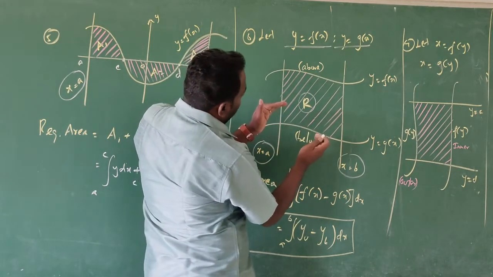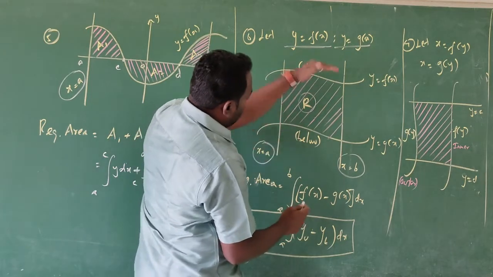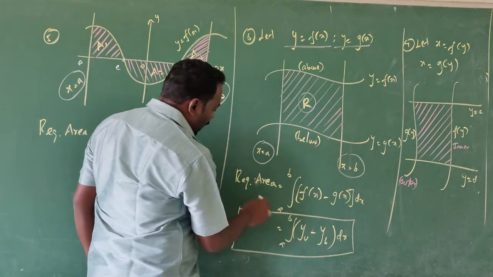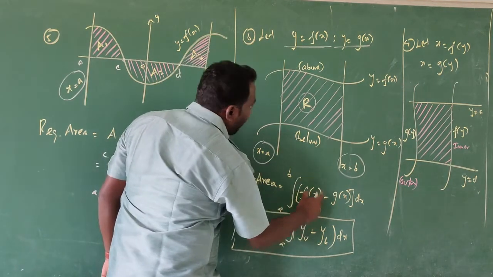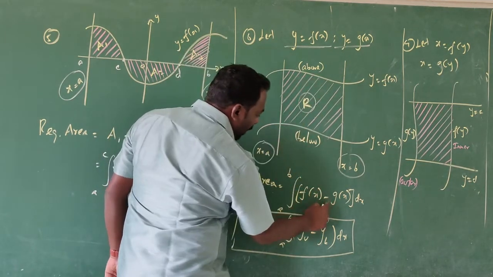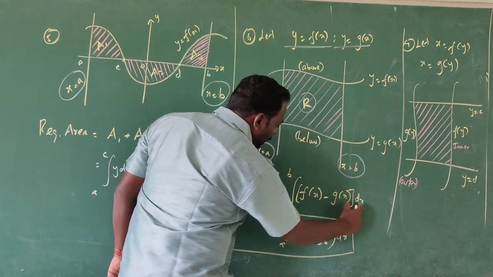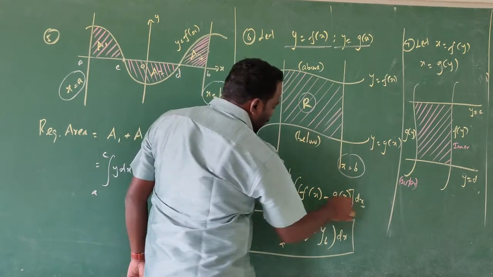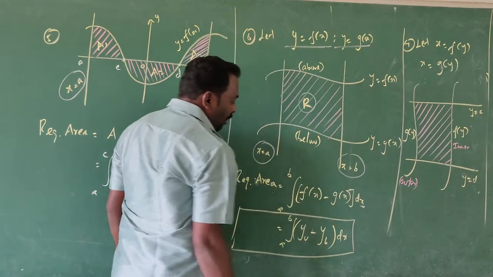Comparing the given area, one of the curves is above and the other curve is below. So for the required area, we have to apply the integral from a to b. The boundaries are a to b. f of x is the upper curve minus g of x the lower curve. Therefore, above the curve minus below the curve, in dx. The boundaries are given with respect to x, therefore integration is also with respect to x.